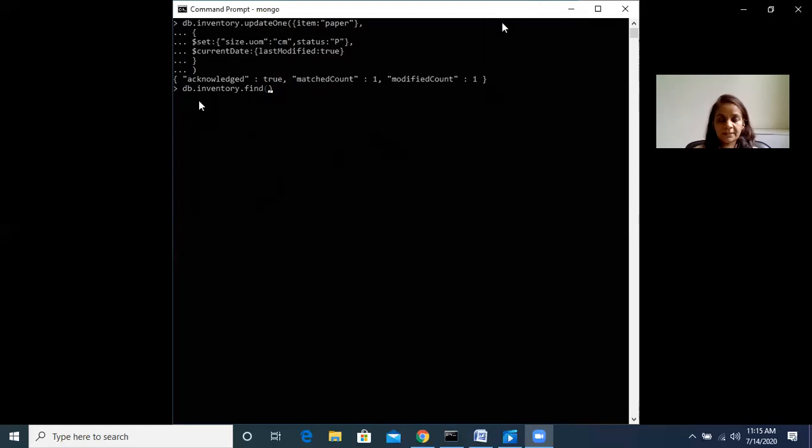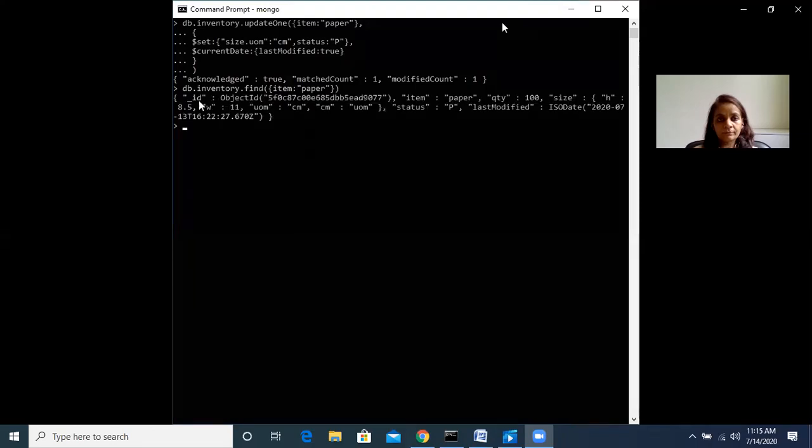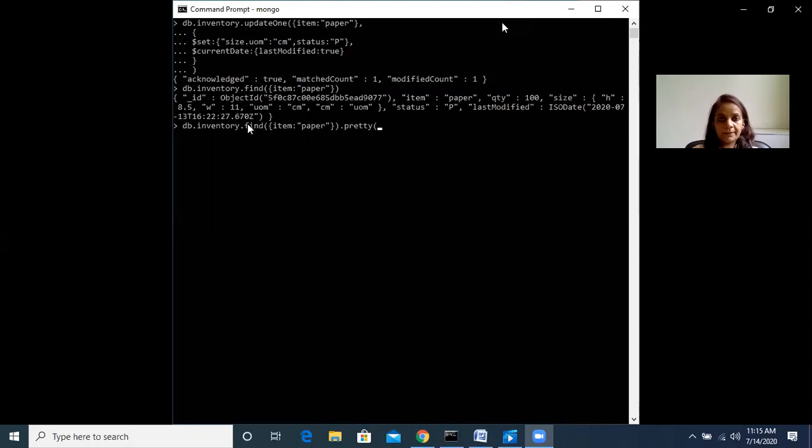So let us display the records. We are displaying the records where item is paper. Now see, here the unit has been changed. Let us format this using the pretty command.